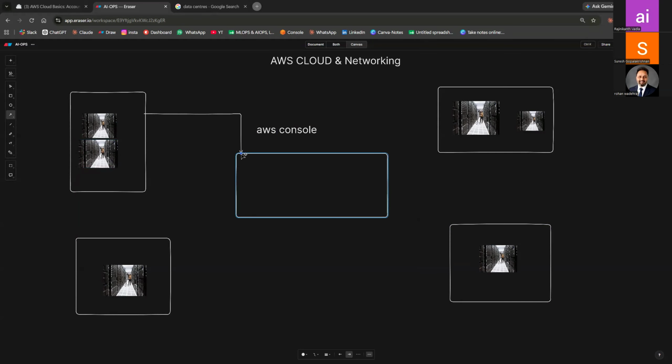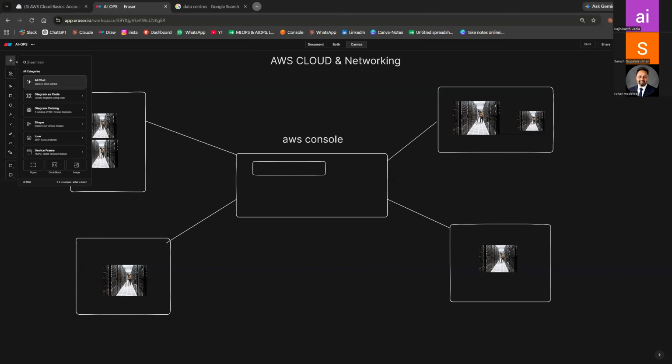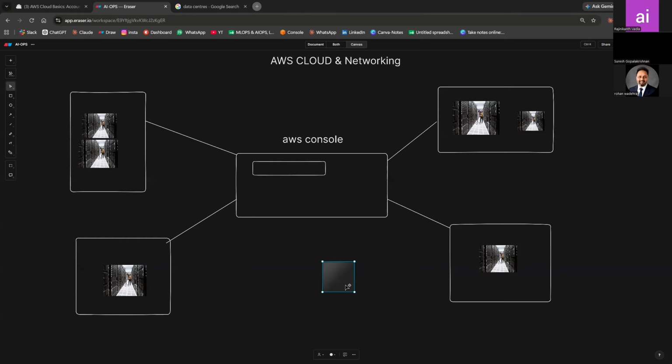All of these are connected to my console. It means I'm able to manage these data centers from the customer user point of view. What is the interface? Where is the interface for me? The interface is this console. So if I come here and create a server, it automatically goes and creates the server in this region. I'm a user sitting here.